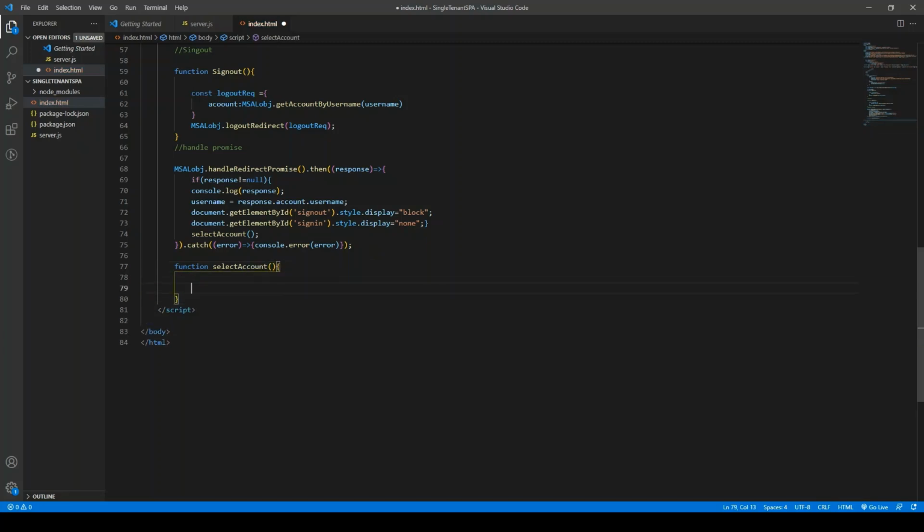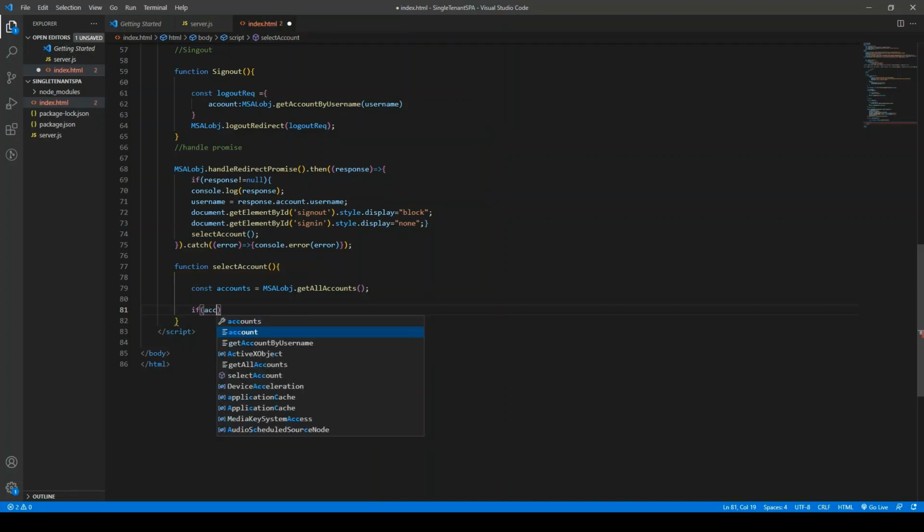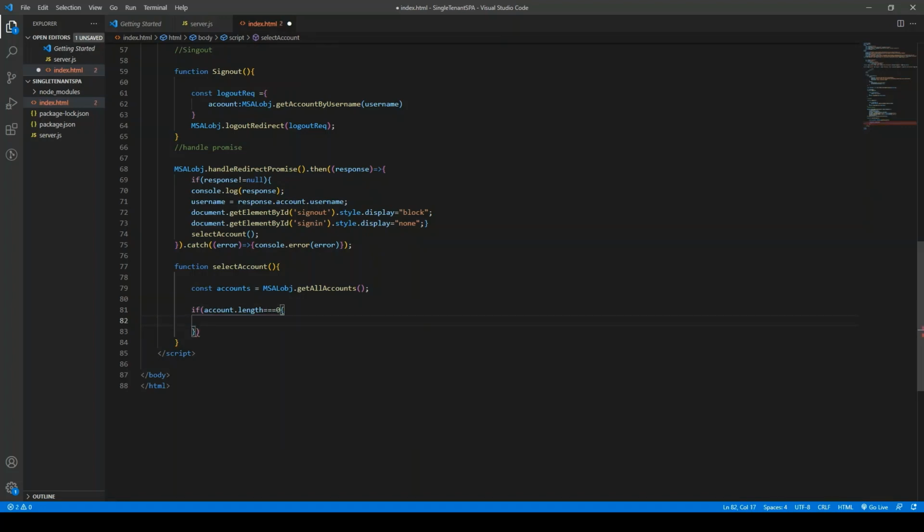In this, first we will get all the accounts using the MSAL object. Now once we have the objects, we have to just loop through all the objects and see. In case there are no objects, just return,